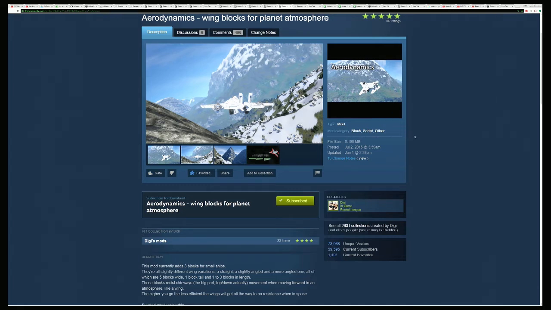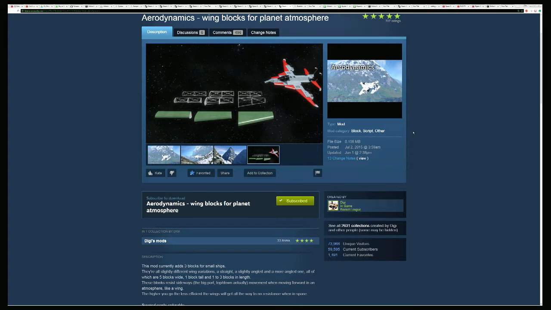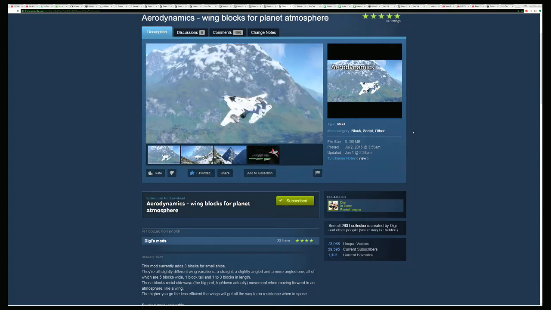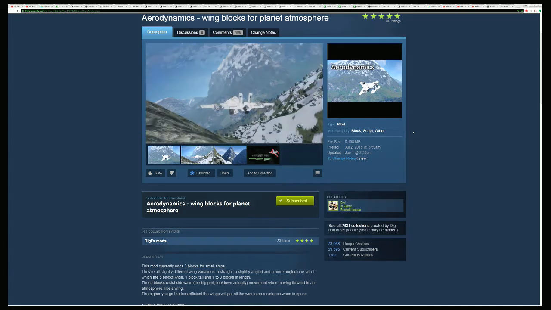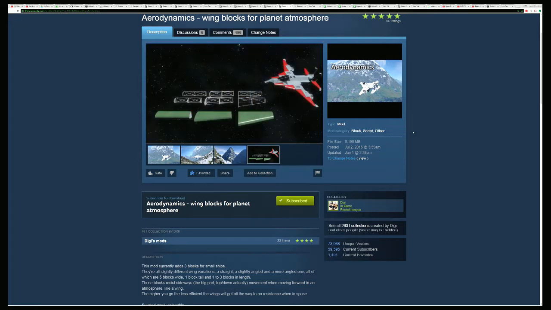basically wings. That's really kind of the way to do it. I mean, it's not really truly lift in the same kind of physics, being Space Engineers physics. Things don't work exactly as they would in the real world. So as Digi describes much more eloquently than I could,